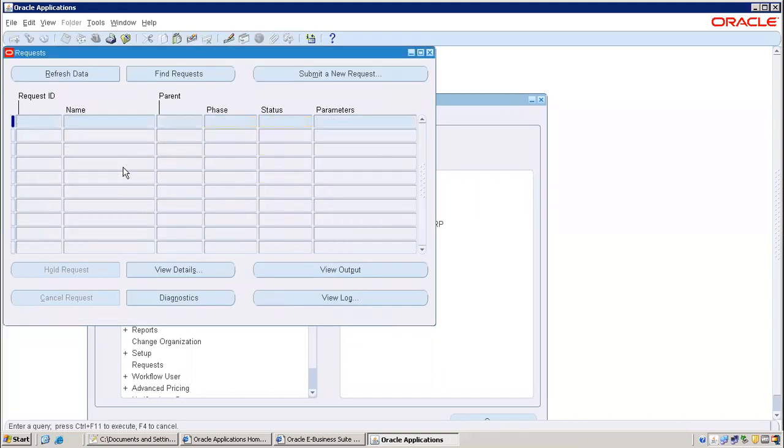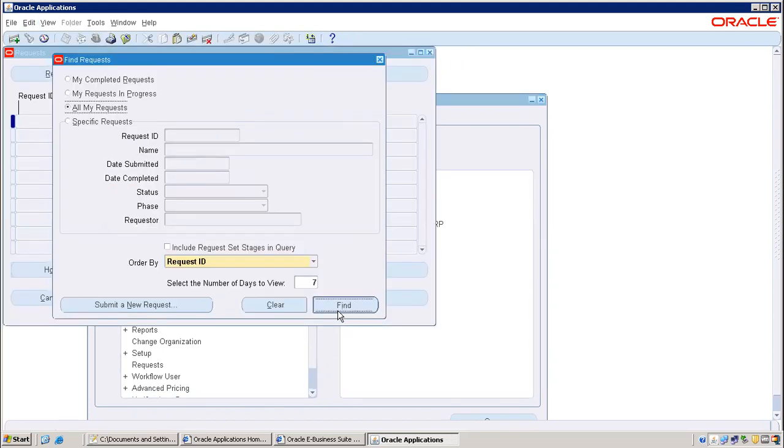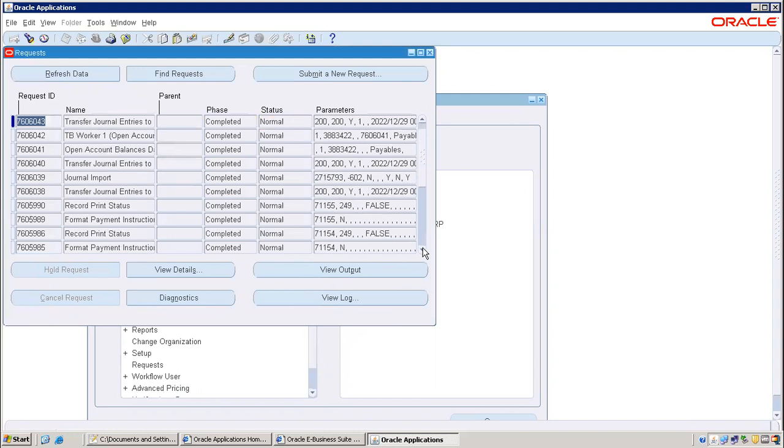So the moment you submit that receipt, there is a receiving transaction process. This is yesterday only we submitted. Followed by that, there is another program that will be submitted, that is the Payables Open Interface Import. If you look at here,